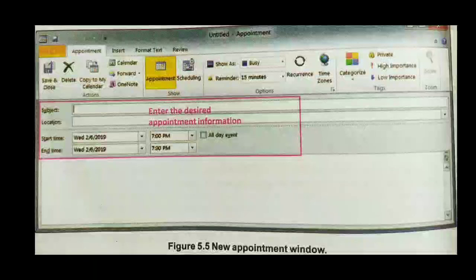So see how to create. Open a new appointment, either by selecting the New Appointment button, or you can click Control plus N, or you can use Control plus Shift plus A. It will open that particular window that you are seeing on screen. Then you can select the start date and time, and end date and time. Then you can provide a description, and you can set a recurrence pattern also, which I have explained now.